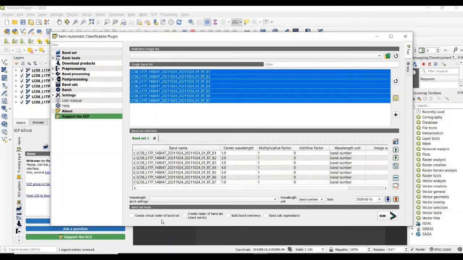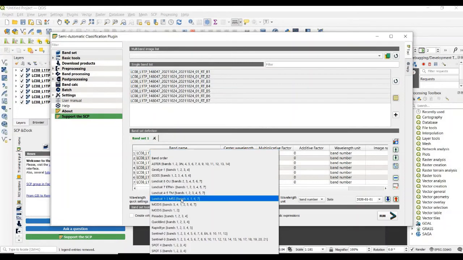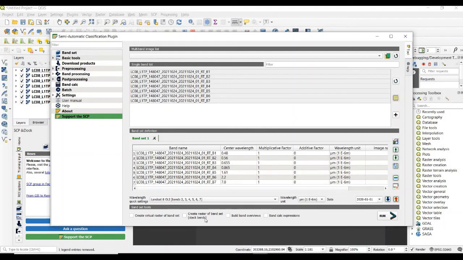After that, wavelength quick setting and select Landsat 8, 2, 3, 4, 5, 6, 7 band numbers OLI data and central wavelength unit automatically selected, and click create virtual raster and create raster band set and